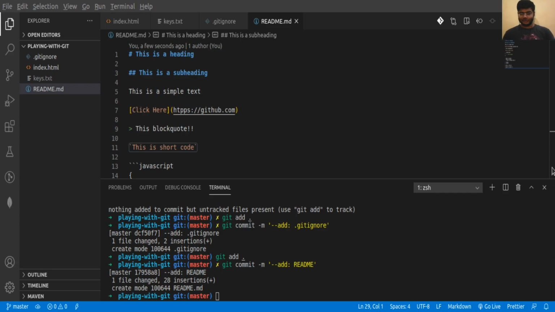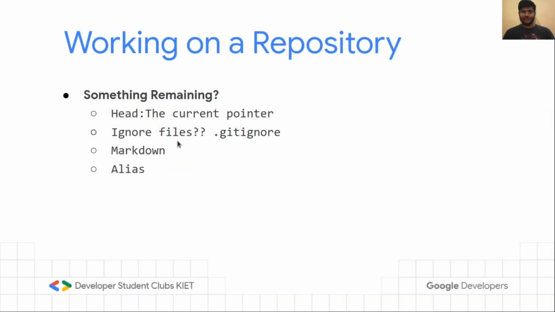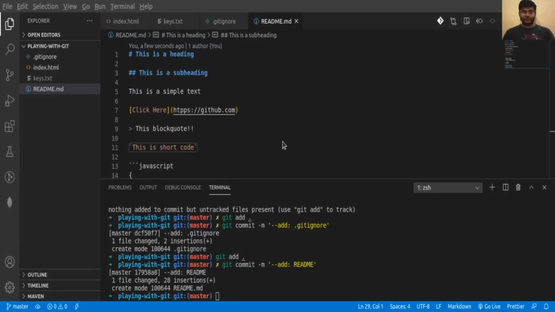Okay, so after markdown we have one more concept, alias. You can think of an alias as a nickname that you give to your commands. Suppose we are continuously writing commands in Git, and they are quite lengthy. In order to shorten them and increase the productivity and speed of coding, we can use aliases. For alias, we can go to our VS Code terminal, and here we can type git config.